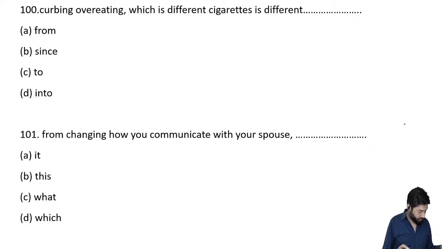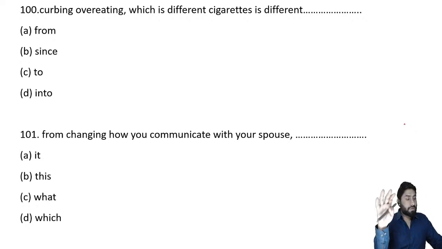Okay, he is giving up from changing person to person. And the next is anyway curbing over-reacting, where यहाँ पे कुछ typing में problem है, so you just keep bearing with us, which the different cigarettes